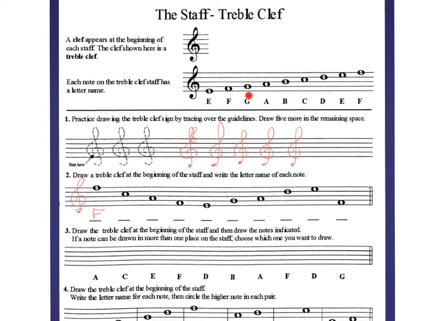You could do "empty garbage before dad flips." You could do "eat grapes but don't fart." Whatever you want, as long as you can remember it without having to write it down. So whatever one of those you like, I like "every good boy deserves fudge." With that, you can go back down here to number 2 and just find the ones that are on lines